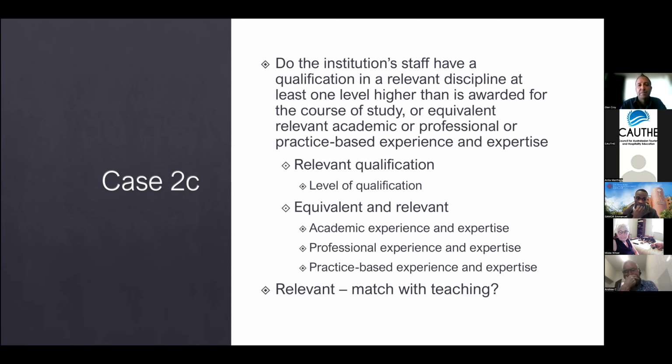Then we took a look at another one, that's person D. And this person D also has a business strategy qualification, and the same issue as person F. So this person should have at least a higher degree to be teaching this particular program. But he or she is also trying to improve him or herself. But we still think there should be a higher degree than what the person has.